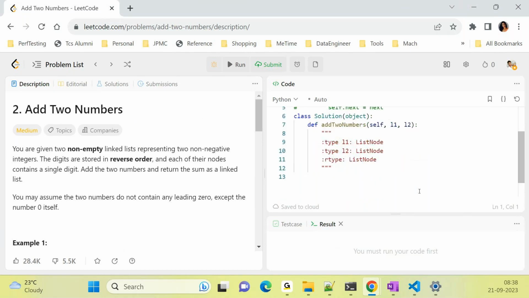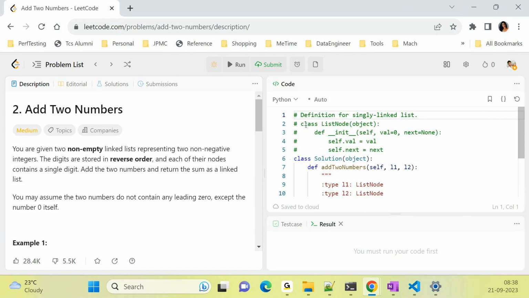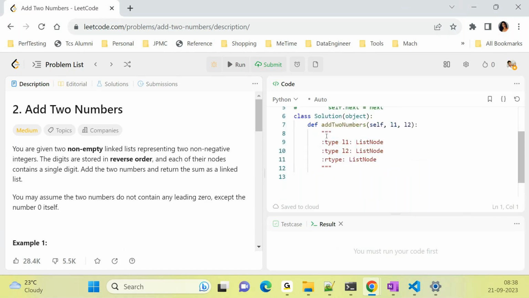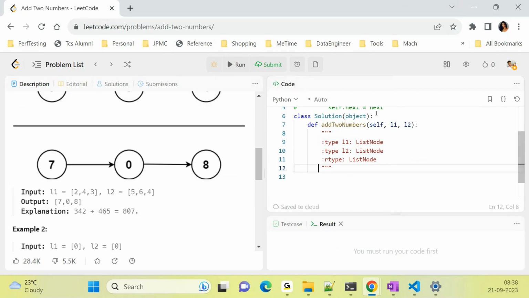This code snippet is already given. They have already created a function also. I only have to add my own logic into this function. Once I write it, this run button will be enabled. I can run it, and if the result is good, I can submit it. But if you couldn't understand this, or even if you understand it but couldn't create a good code here,